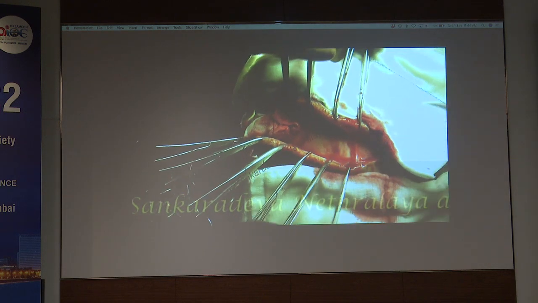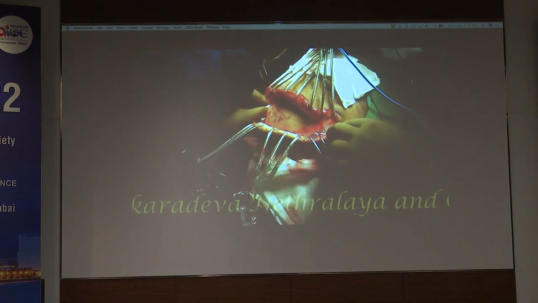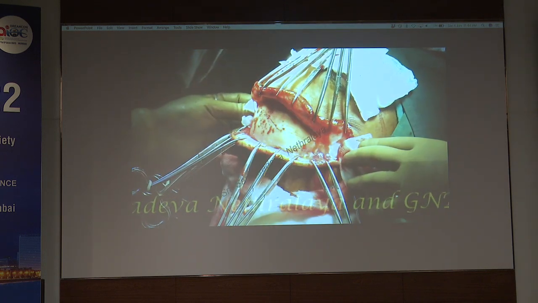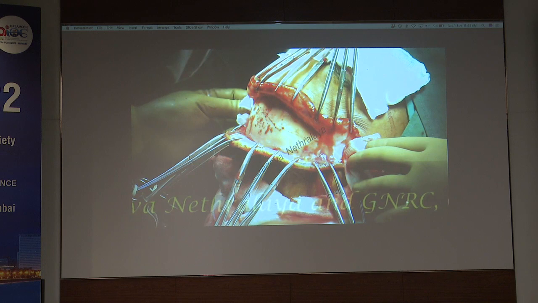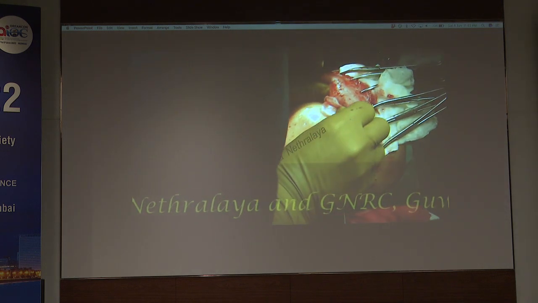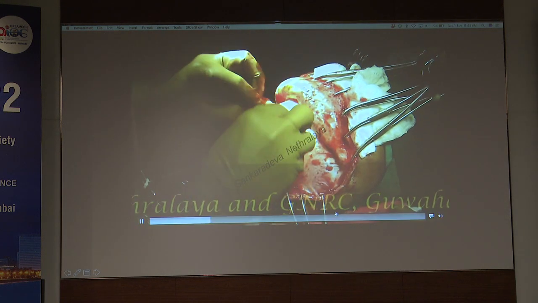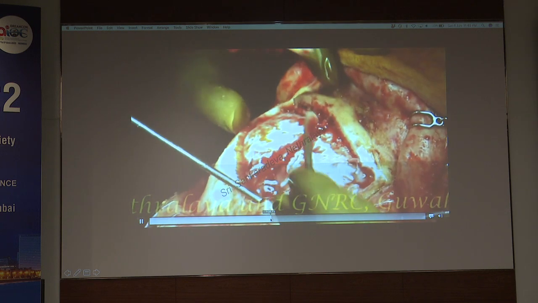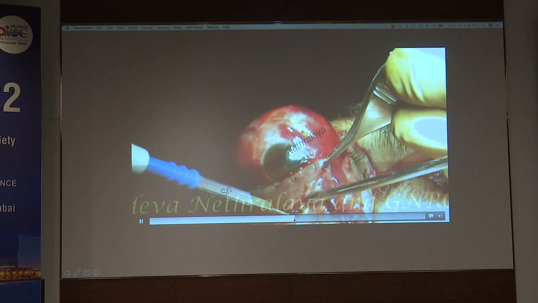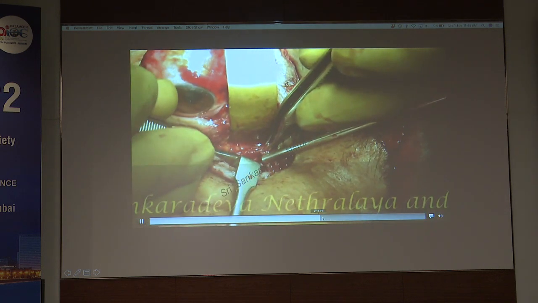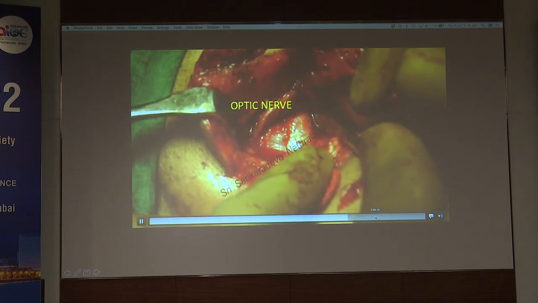Immediately we took him for the surgery, arranging all the ICU facility and also the neurosurgical setup. Then we did the repair, where both the neurosurgeon and the ophthalmologist worked together. You can see that the craniectomy has been done, and then we had to do a NOE repair. We had to replace everything that was there.